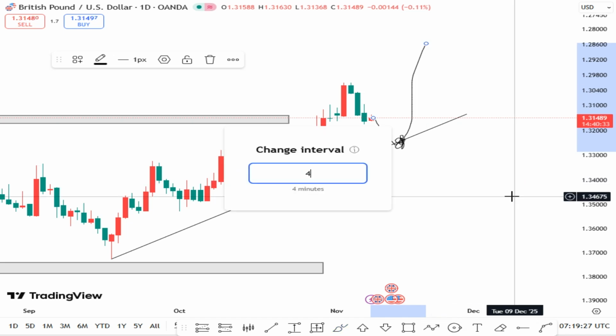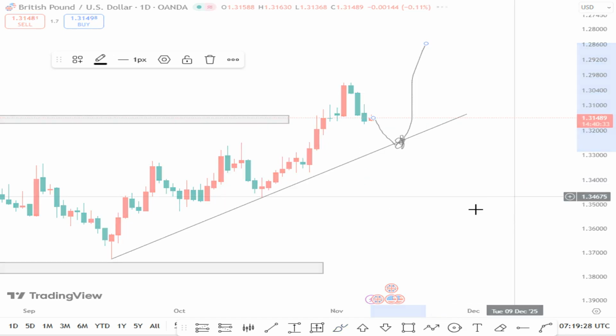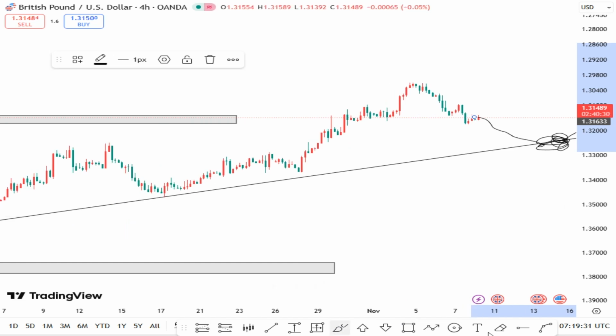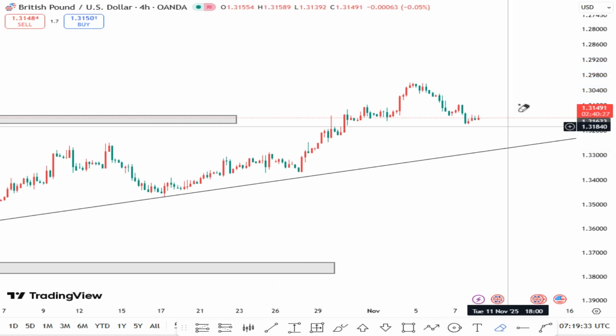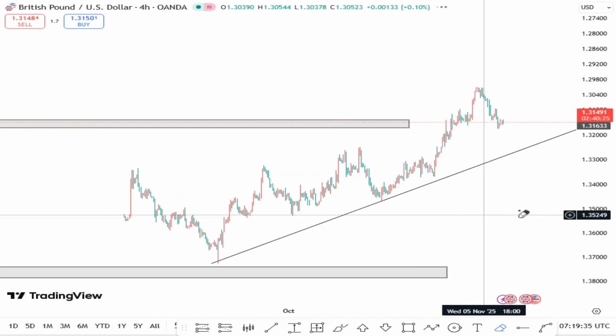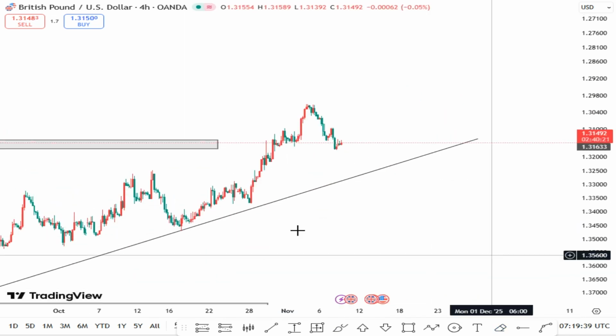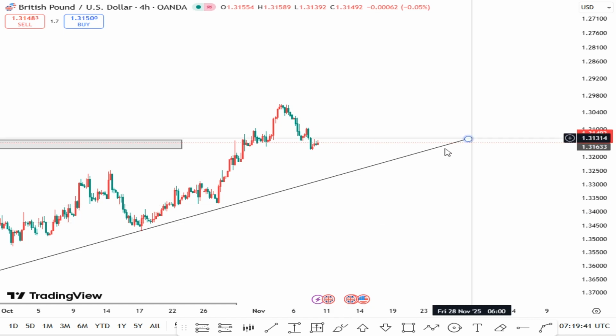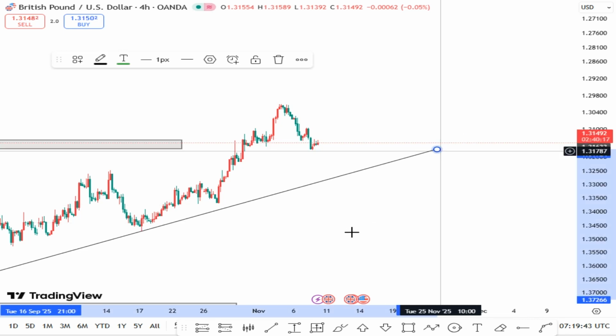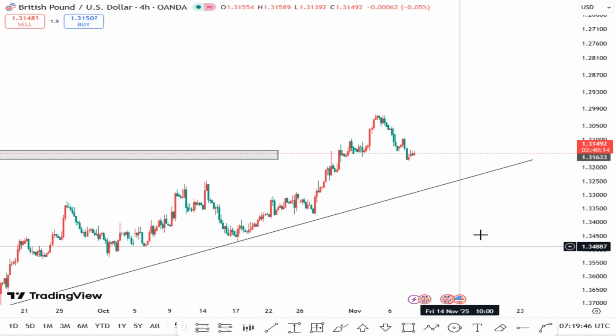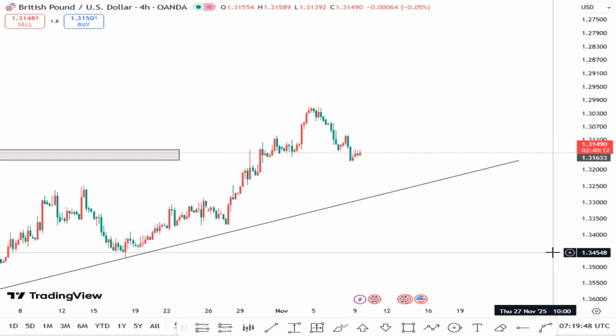So let's go to the H4 and understand, guys. I preach every day, understand. That is what you need to do. We understand the market, right? We don't just come and throw in things. All these things that I'm drawing is just to understand, to show me the way. You understand? Show me what you are trying to do. The market communicates. Price usually tells us, yo, this is what I'm about to do.